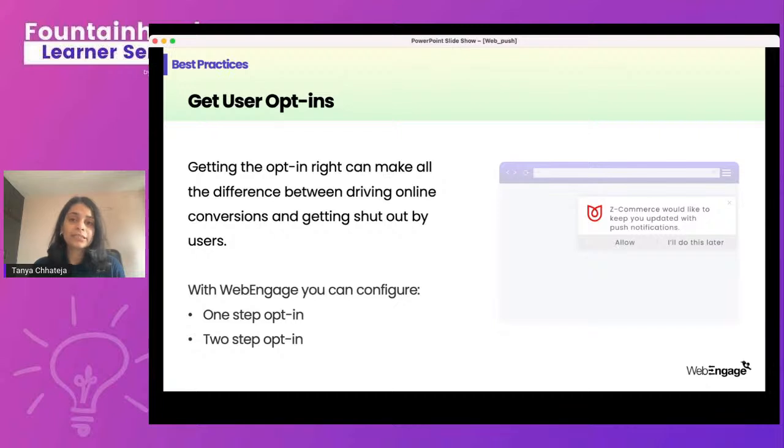The second is you can select time delay. For example, if a user is coming onto my website and is spending, let's say, 1 minute browsing through, then you pop up this notification which will ask the user to opt in for web push notifications. The third is on scroll. So let's say if the user has done some amount of scrolling on your website, again you can quantify this, which is where you would want to go ahead and ask for a web push notification opt-in.